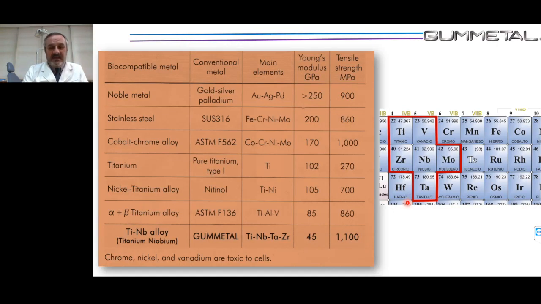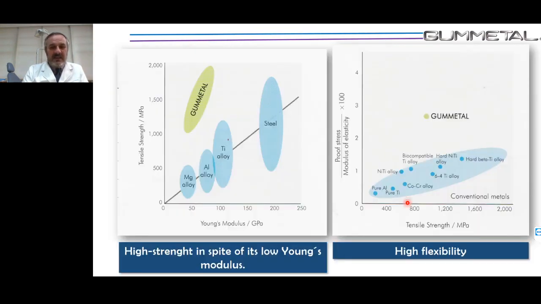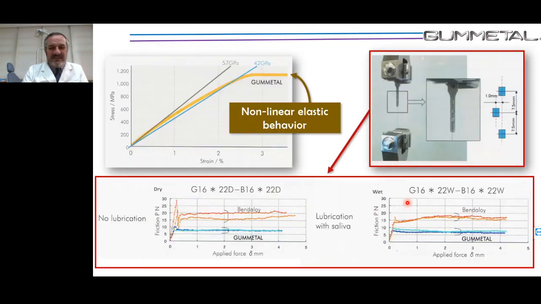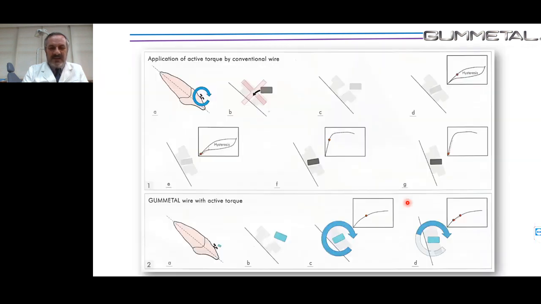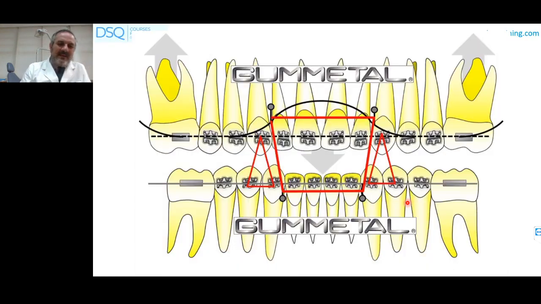This is the gunmetal composition. The advantages: the non-linear elastic behavior is super elastic, the spectacular active torque with gunmetal, and we are using the gunmetal for closing a space, and also I use a lot the gunmetal for closing the bite for the